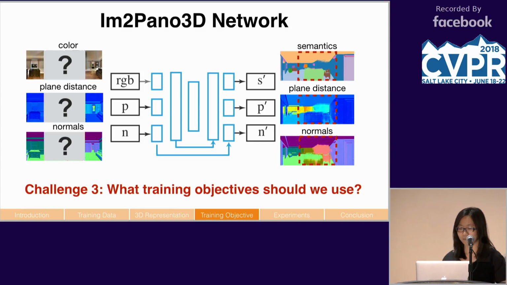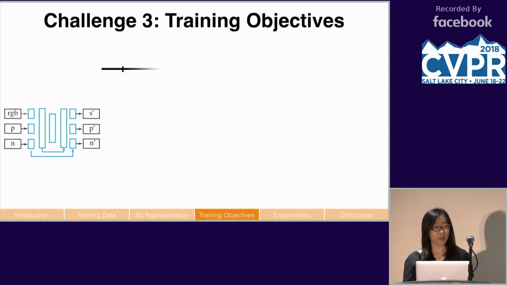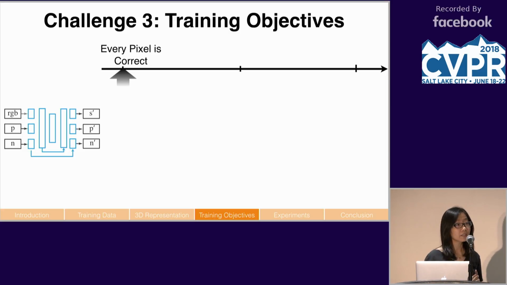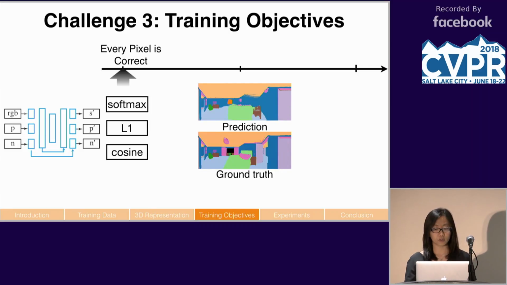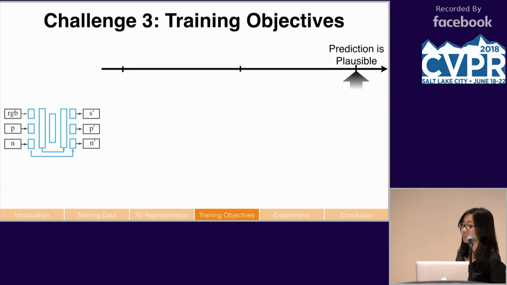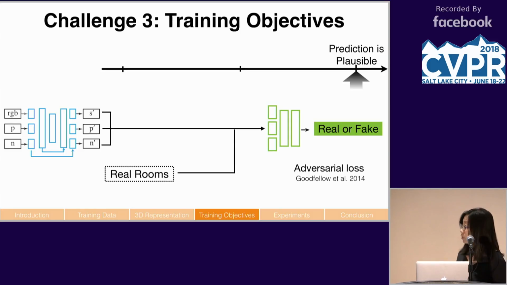such a network. So as you can imagine for this task, there is a whole spectrum of possible training objectives. On one end of the spectrum, we can just ask the network to provide a prediction that is exactly the same as the ground truth on every pixel. And for this objective, we can directly use pixel-wise loss on each output channel. On the other end of the spectrum, we can also ask the network to provide something that is possible, but doesn't need to match the ground truth at all, where we can make use of adversarial loss for this